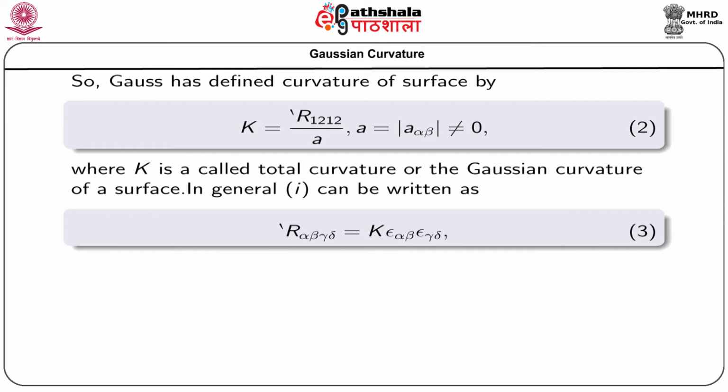In general, the above expression can be written as R dash alpha beta gamma delta equals K epsilon alpha beta epsilon gamma delta. So, in permutation tensors we can express this R dash alpha beta gamma delta in the following way, where